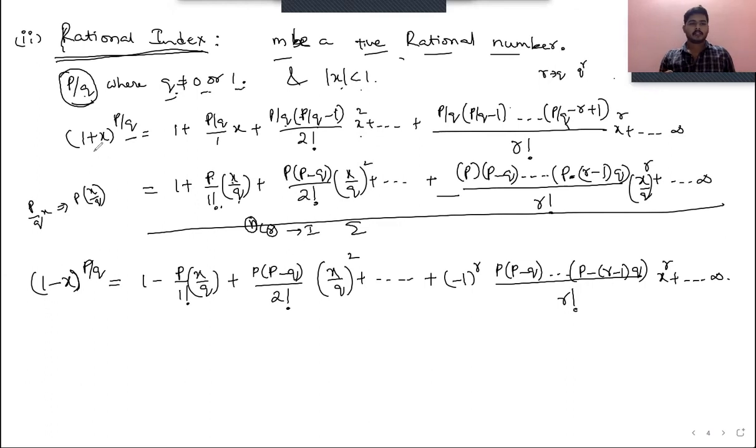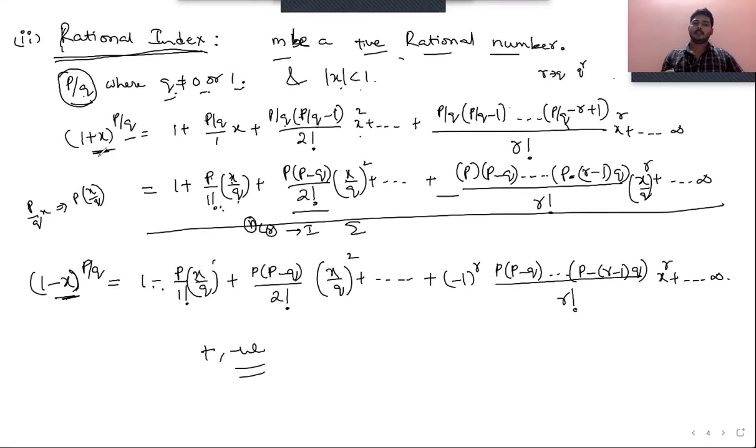So in place of x, if you take minus x, in place of x here we have to substitute minus x. So minus will be taken to the front. It will be minus of p by 1 factorial into x by q. These coefficients will not change, only the sign of the term will change. Here x square: even if you keep minus x in the place of x, it will not change, because (minus 1) whole square will be 1 again. So for even powers, there will be no change in the sign. Only for the odd powers there will be a change in the sign, and there will be alternate positive and negative terms, but all the terms will be the same as (1 plus x) whole power p by q.